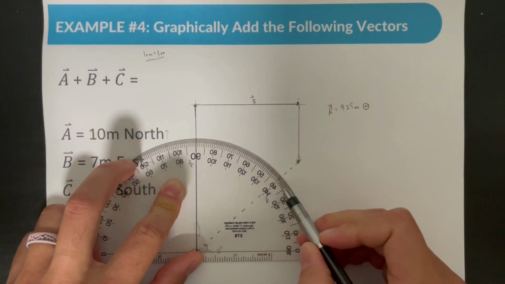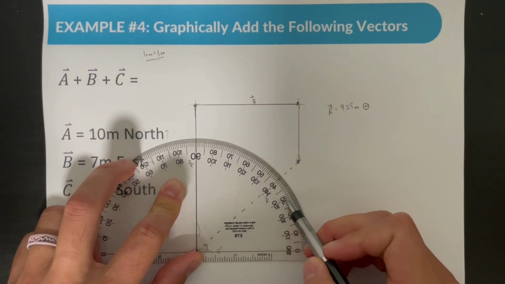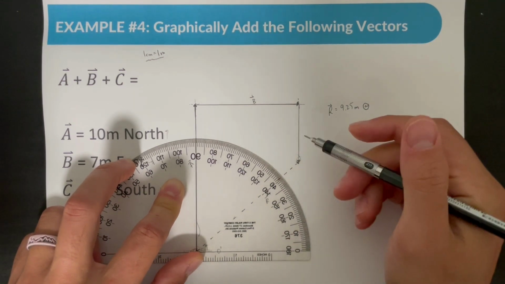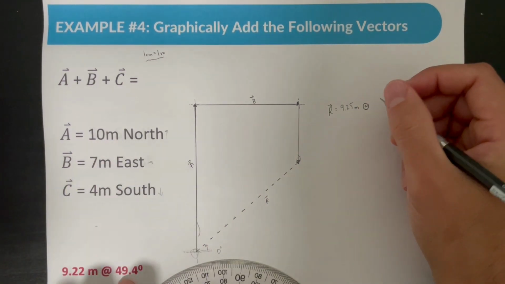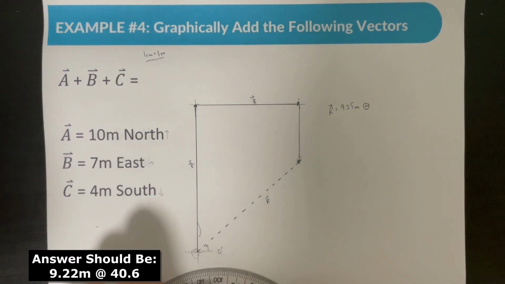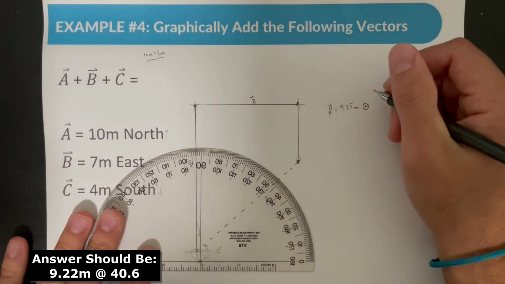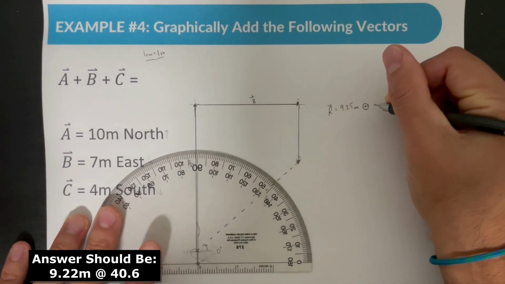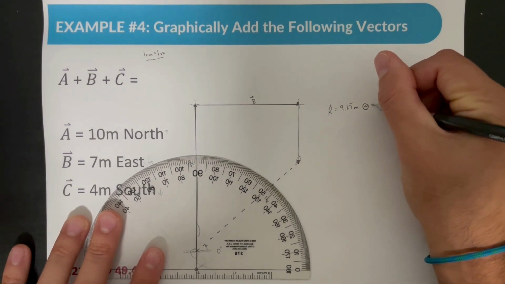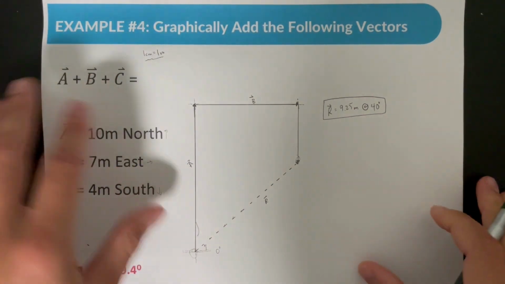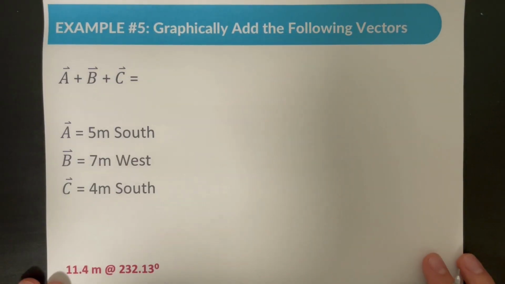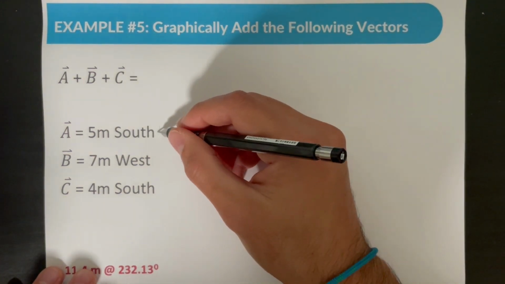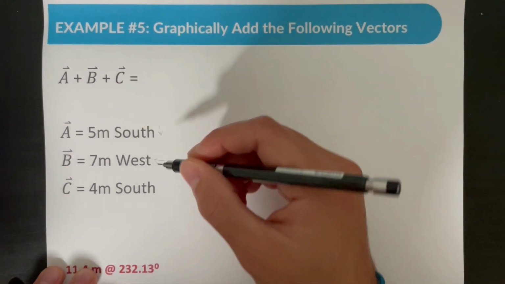This one looks to be 40 degrees, right? Yeah, that looks to be 40 degrees, going from 0 to 40. 49. Ooh, so that's a bit off. Anyway, I did around 40 degrees. 40 what? Yeah, 40 degrees. Okay, moving on. Looking at this example now, we're going down, we're going to the left, and we're going